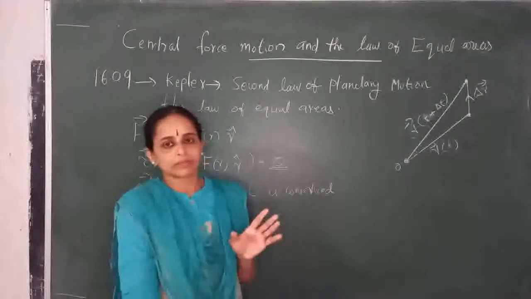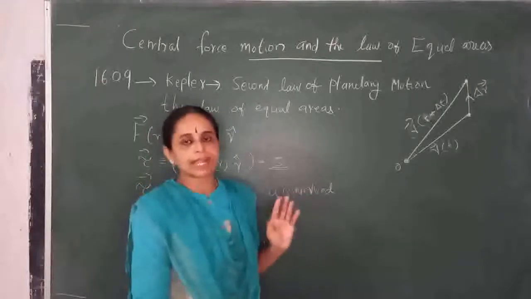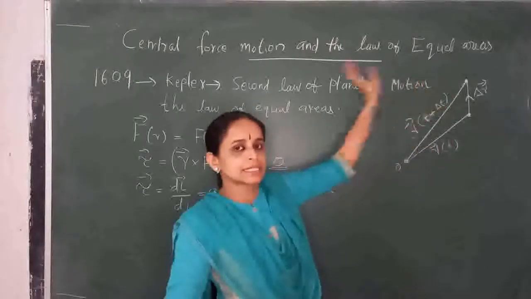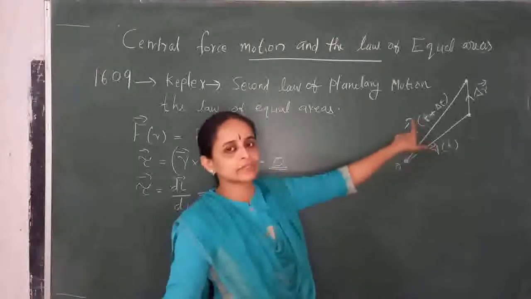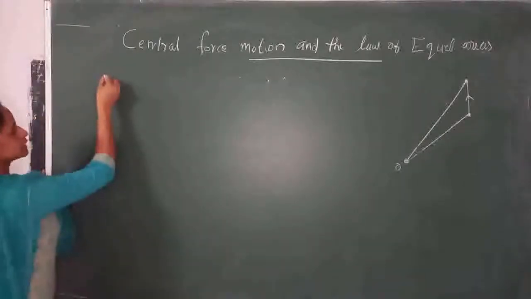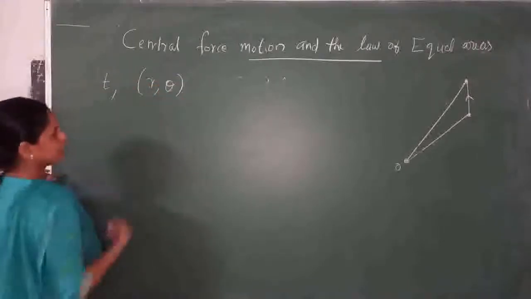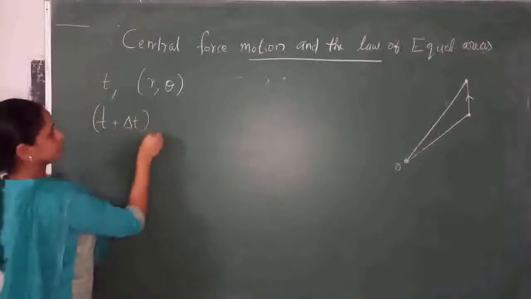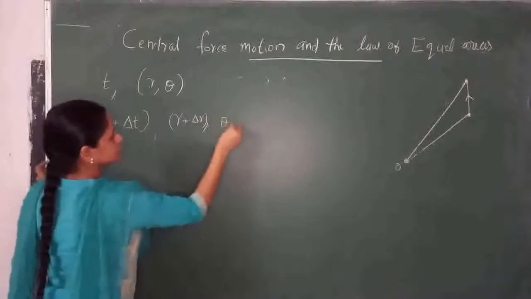So we can take the position vector r and one of the angles, theta, that is changing during circular motion or any motion which contains rotational motion. There may be a change of theta, so we can represent this motion with polar coordinates. The position of the particle at time t is given by the coordinates r, theta, and the position of the particle at time t plus delta t is given by r plus delta r, theta plus delta theta.